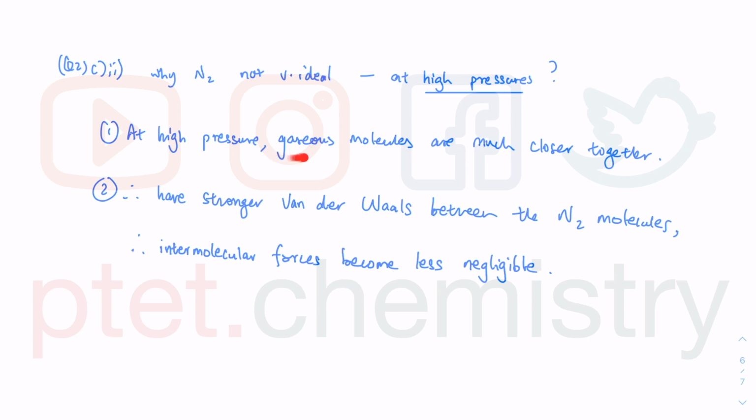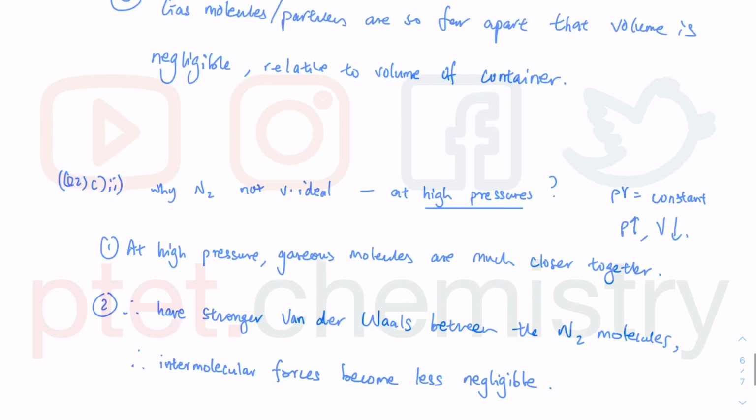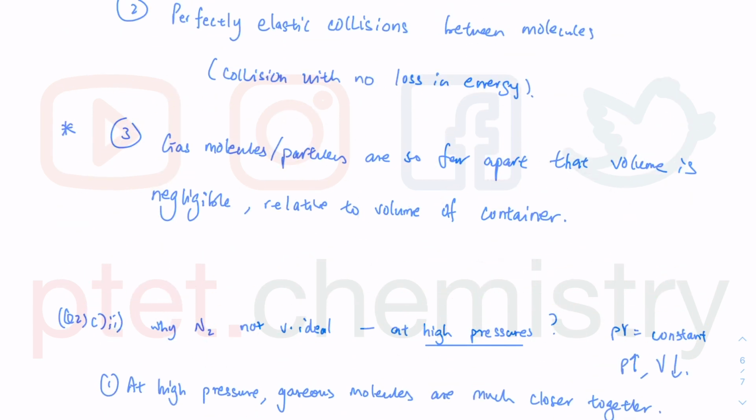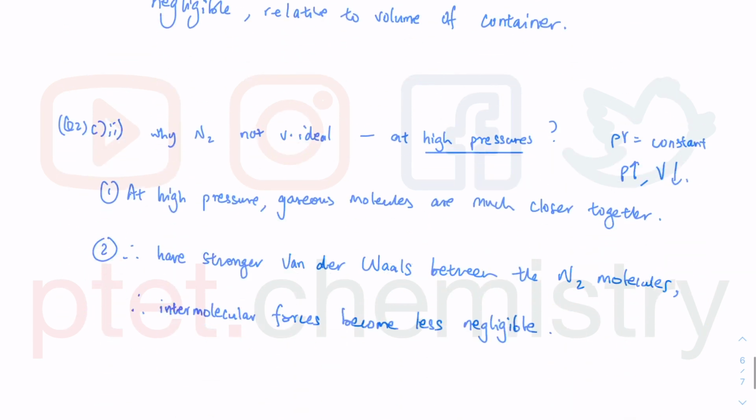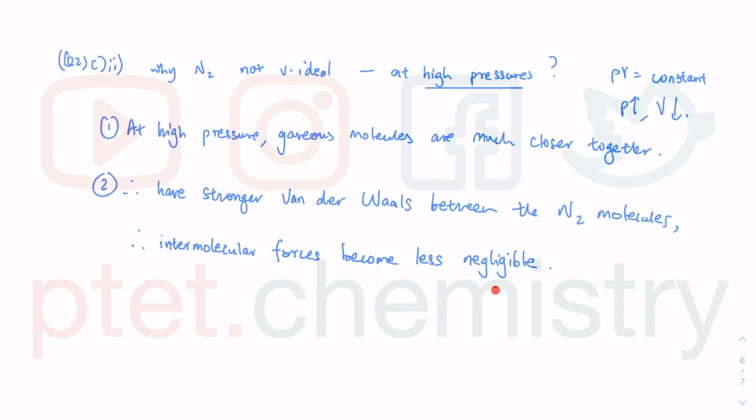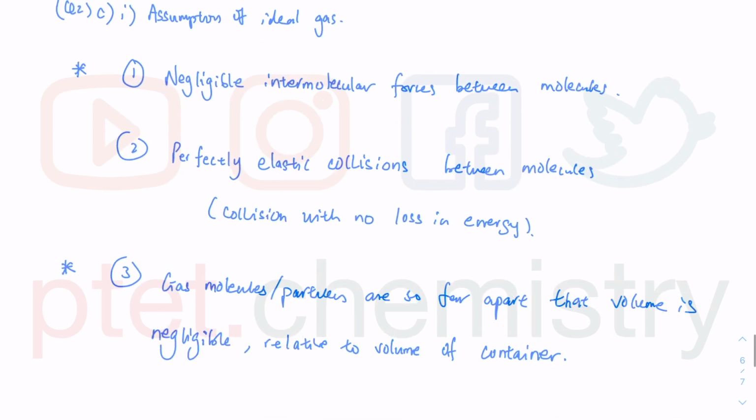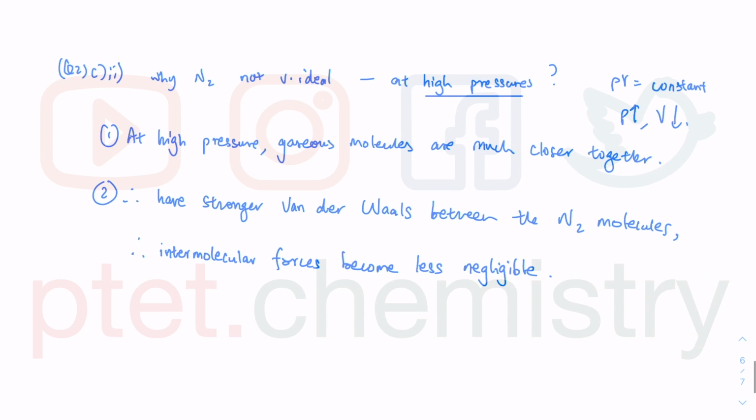I talk about what happens at higher pressure. They occupy smaller volume because they're much closer together. As PV is equal to a constant, when P increases, V will decrease, so they occupy smaller volume. In fact, they will also break one of these assumptions here. The volume is also becoming less negligible. The intermolecular forces are also becoming less negligible, and therefore they become less ideal, or do not behave as ideally as you might think. Okay,